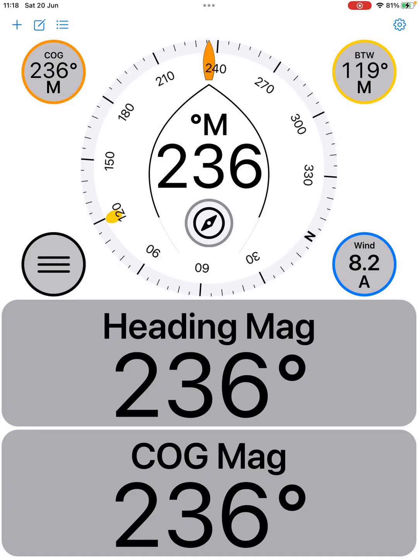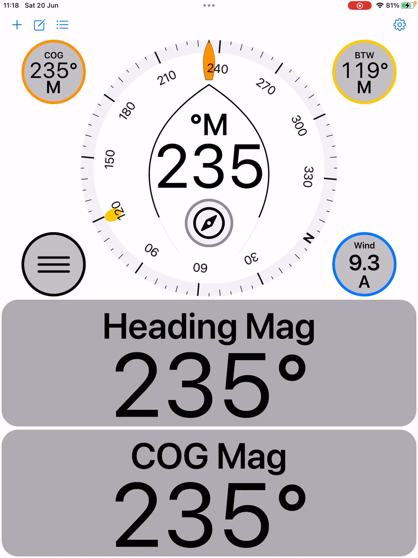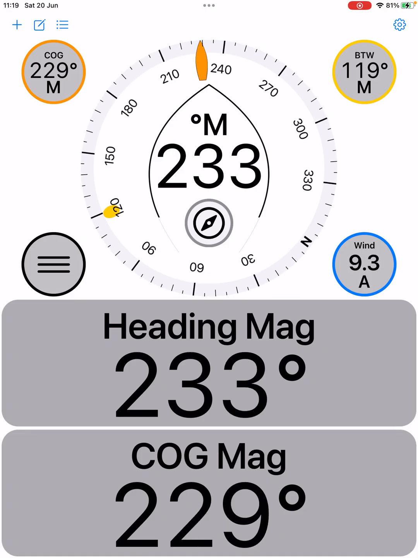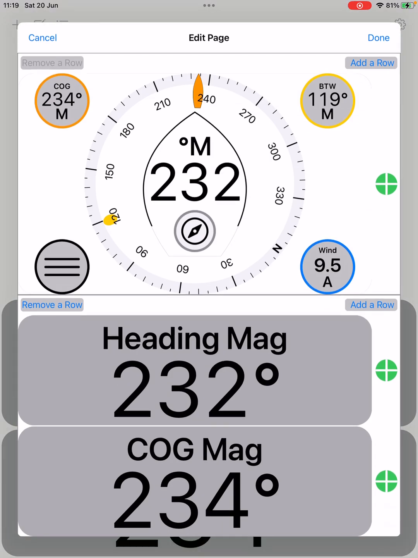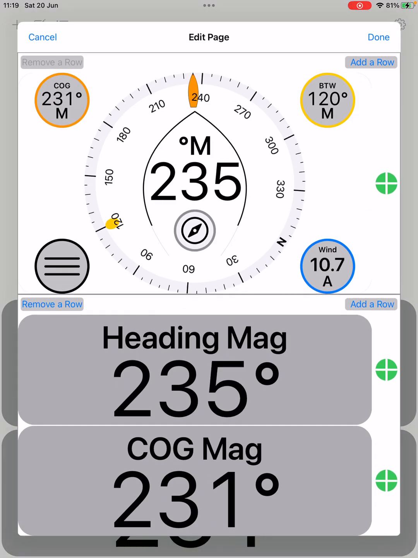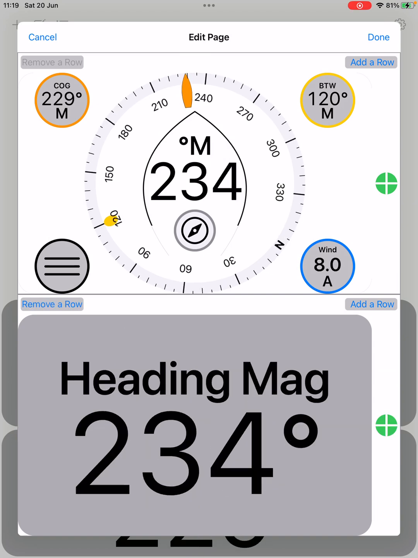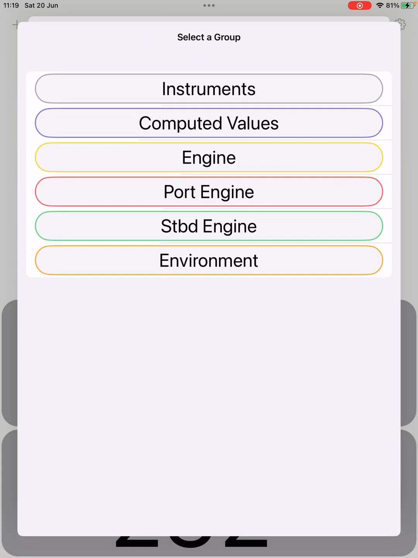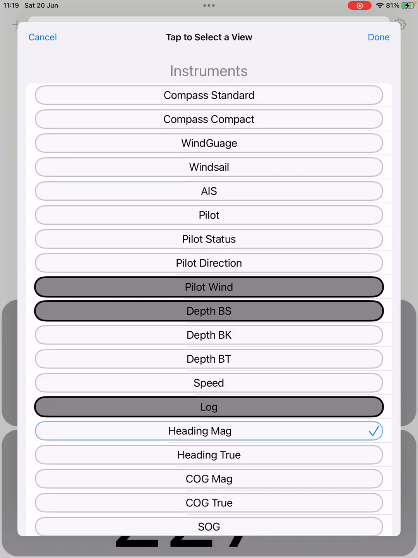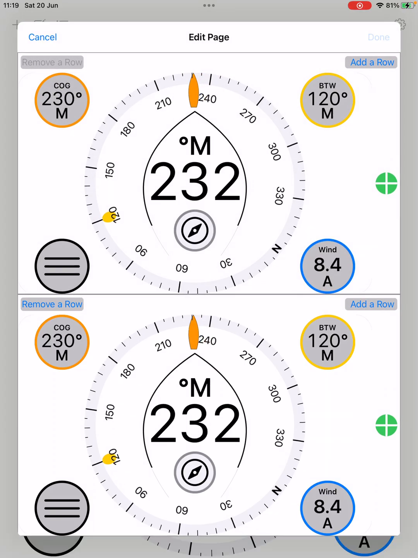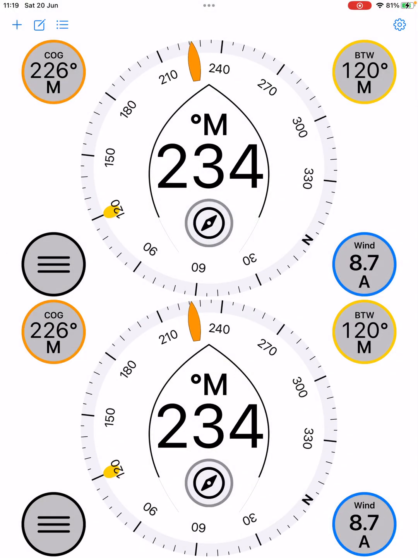What I'll do is I'm going to add a second compass. I'll tap the square and pencil. I'm going to remove one of the rows, so I tap in the lower screen, I tap remove a row. I'm going to tap on the heading view that's displayed now, and I'm going to select instruments, and I'm going to select compass compact again. Here we are, done again. Okay, we're back. We have what appear to be two identical compasses,